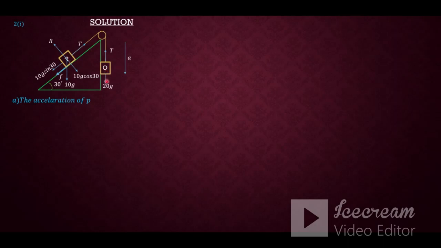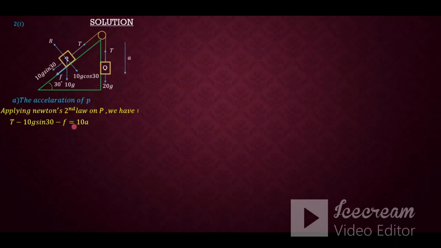From those two equations, we solve them simultaneously, and from there we are going to be able to obtain the acceleration of P. In the first place, let us first of all apply Newton's second law on P. Applying Newton's second law on P, we have T minus 10g sin 30